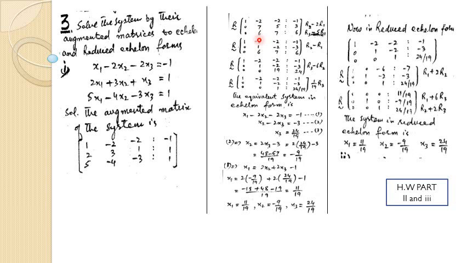Okay, now row 3 minus 5 r1, minus 5 r1 means minus 2 multiplied by 5 is minus 10, minus 3 plus 10, because minus minus 3 plus 10 is 7, you can see here. Okay, again row 3 minus 5 r1 means minus 5 r1, minus minus plus 5 ones are 5, so 1 minus minus plus 1 plus 5 is 6, and row 1 is same.